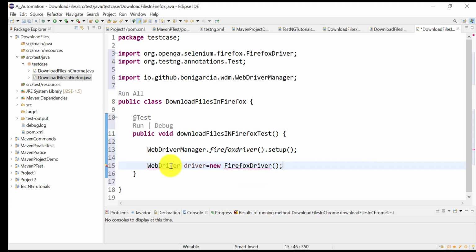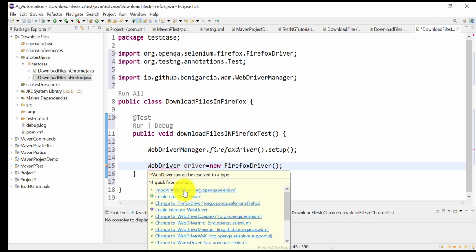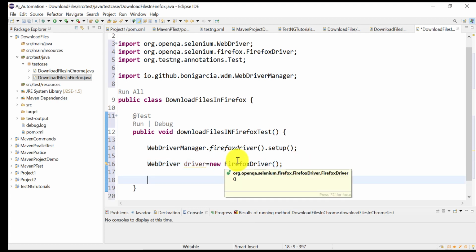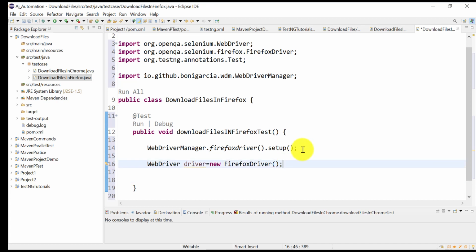So here we are opening the Firefox driver without any setting. Okay, and when you try to download without any setting, it will show that Windows pop-up where to save or open file, that window pop-up. Okay, that we don't want. So before opening the browser, okay, we need to do the setting.